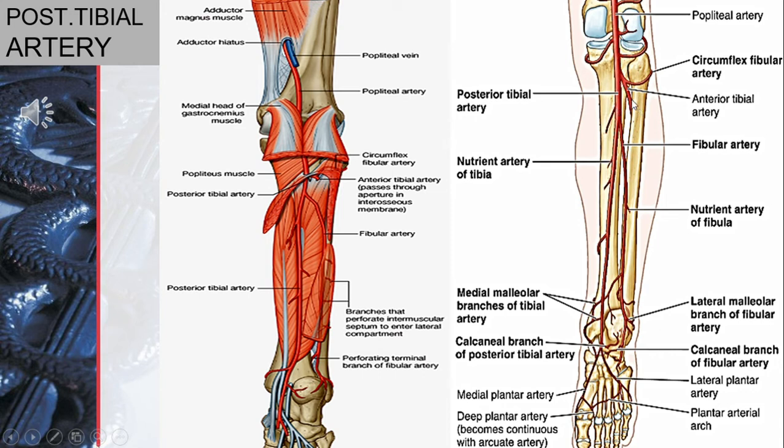towards the anterior compartment of the leg, while the posterior tibial artery immediately gives off a large artery, the fibular artery. You can see here that it is going to supply the lateral part of the posterior compartment and also the lateral compartment of the leg through its perforating branches, as discussed previously.